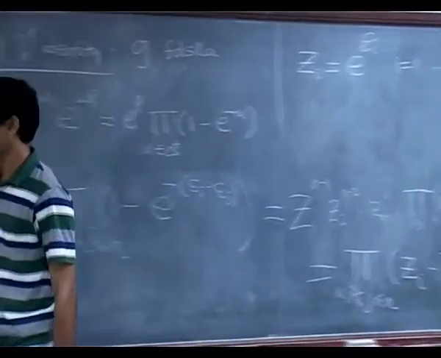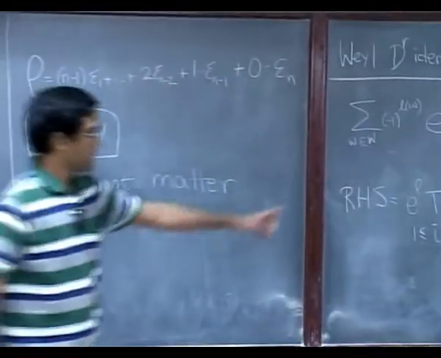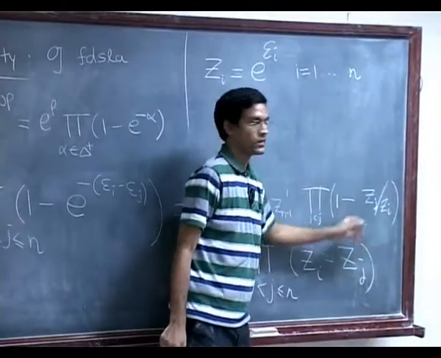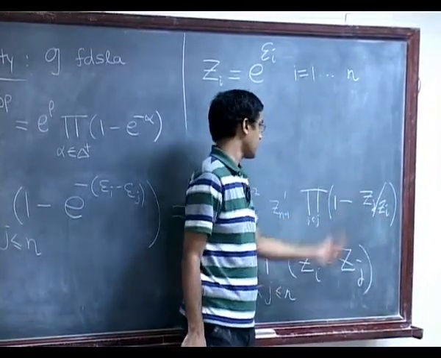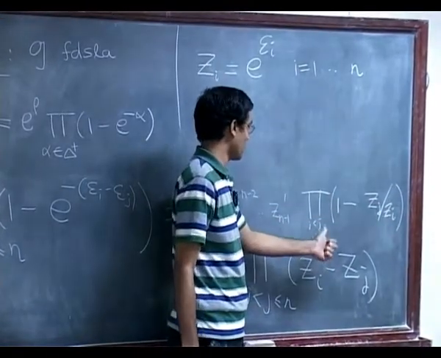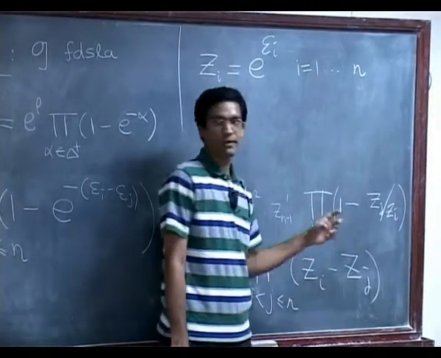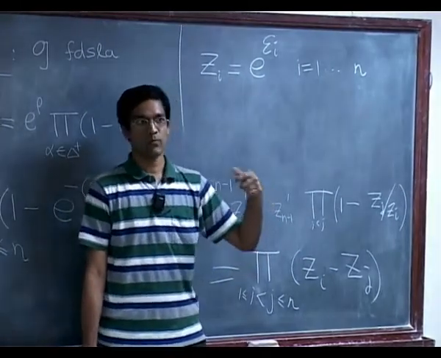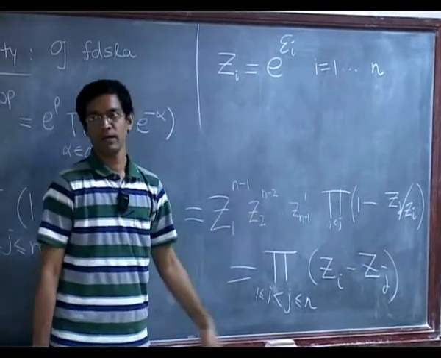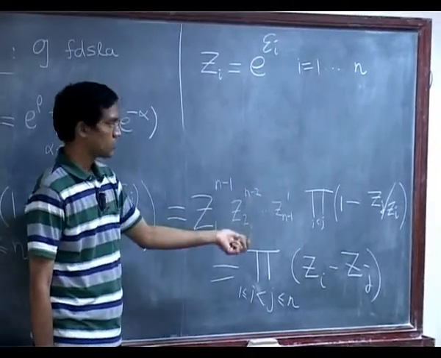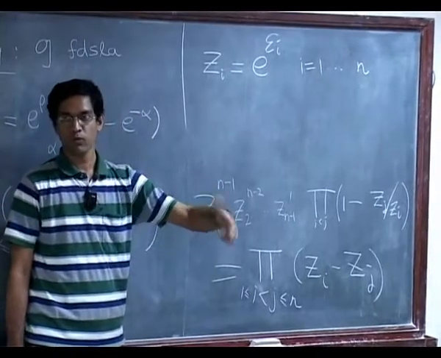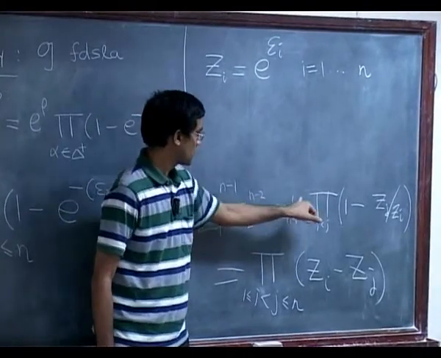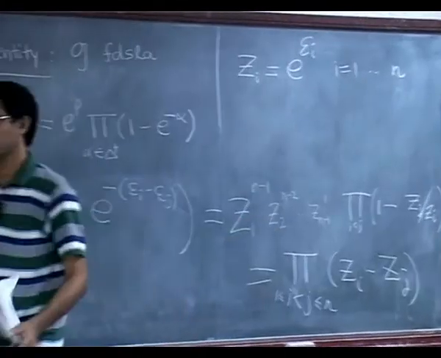Observe there are no denominators left. If you see how many times the denominator z_i would appear, when I clear denominators I will incur a z_i for every pair where i is smaller. There are n minus 1 pairs where 1 is smaller: 1,2; 1,3; 1,4 till 1,n. Similarly, z_2 will occur on the bottom in the pairs 2,3; 2,4; 2,5 and so on. The number of times the z_i occur on the bottom are exactly these numbers, and so they cancel, and you're just left with this product.